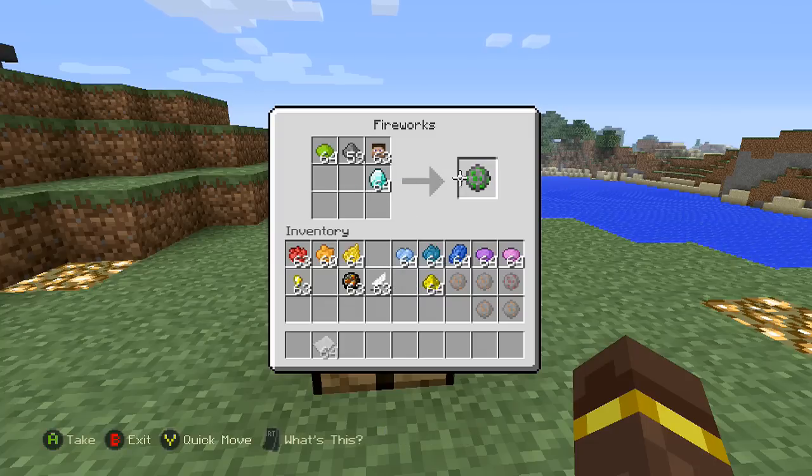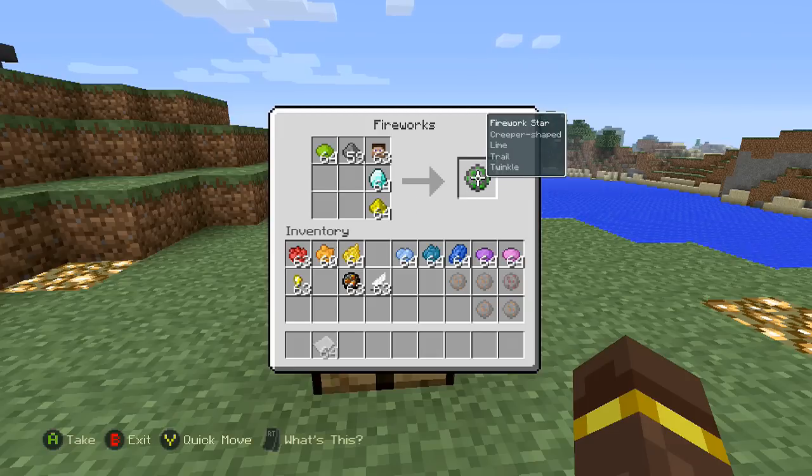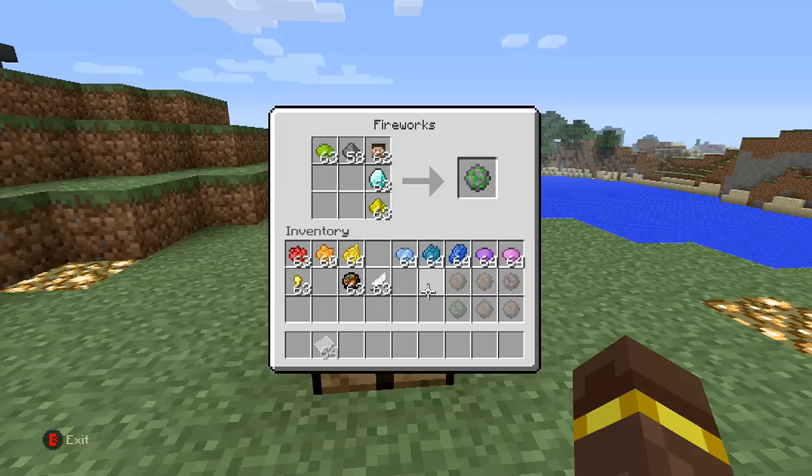a diamond to this, you can see now after the explosion goes off, it is also going to have a trail effect on it. Now I can also add in glowstone dust to add to that as well. So it's going to have a trail effect and a twinkle effect. A diamond is going to add a trail effect, and a twinkle is going to be added by the glowstone dust. So let's go ahead and grab one of those,